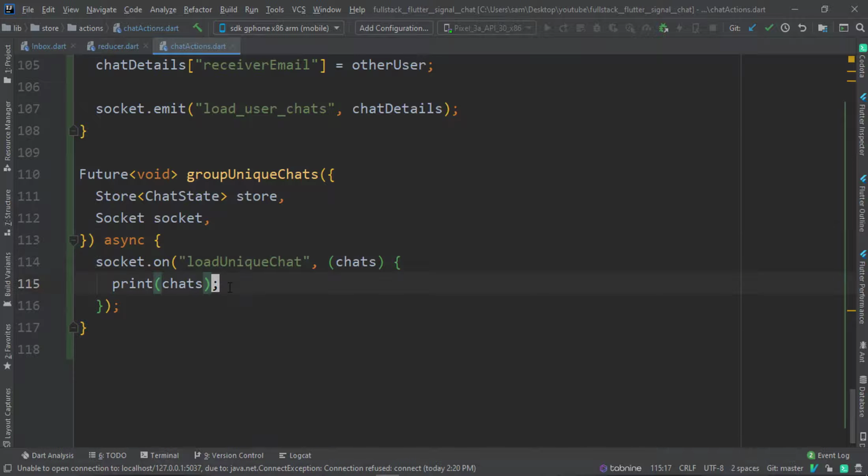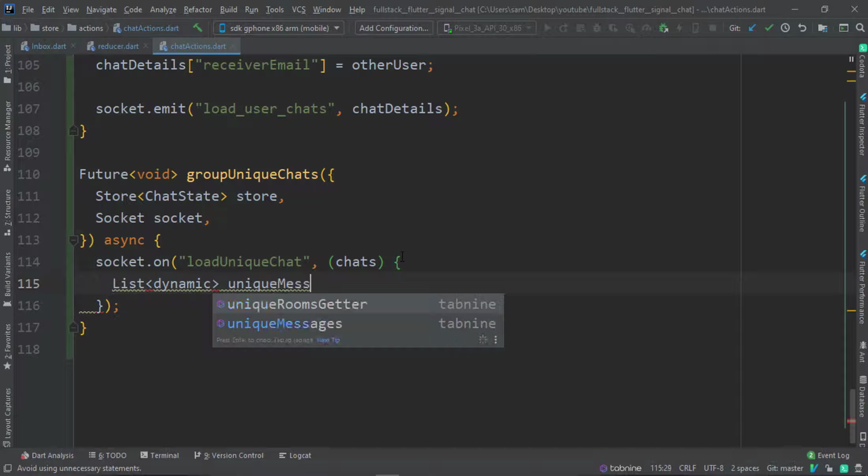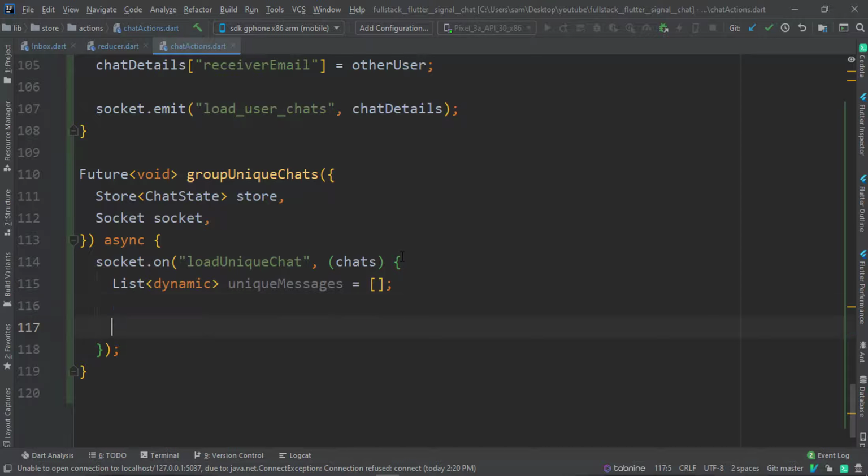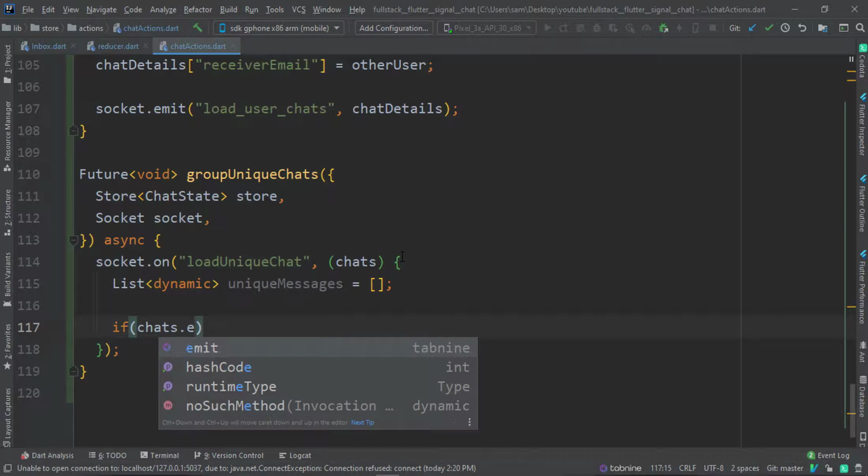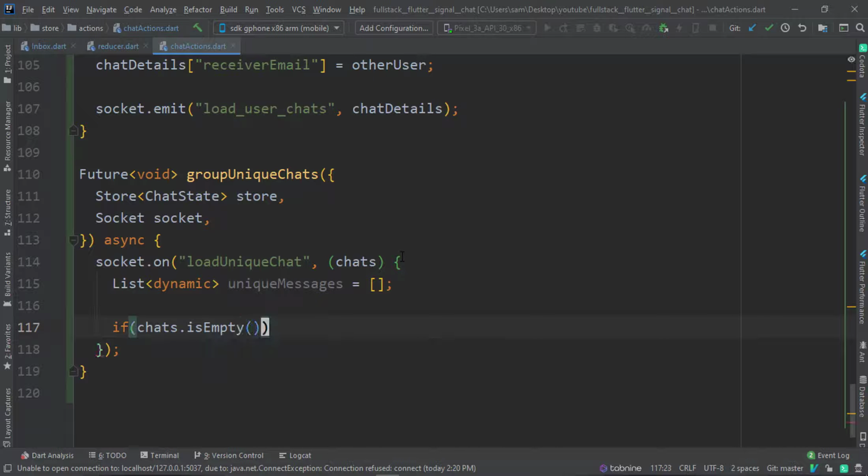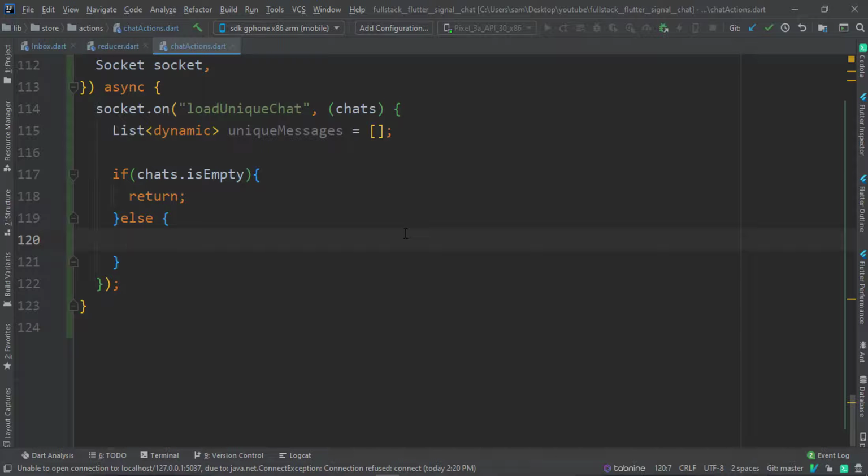Then we can come over here. So we already have that. Then we are going to construct our array, because we are going to be updating our messages whenever we open a new chat. So we're going to construct a dynamic list called unique messages. Then I can say, if the chat is empty, in case we are returning just an object, so if it's empty, we just have to return and do nothing. But else, if it is not empty, we can now construct our message,